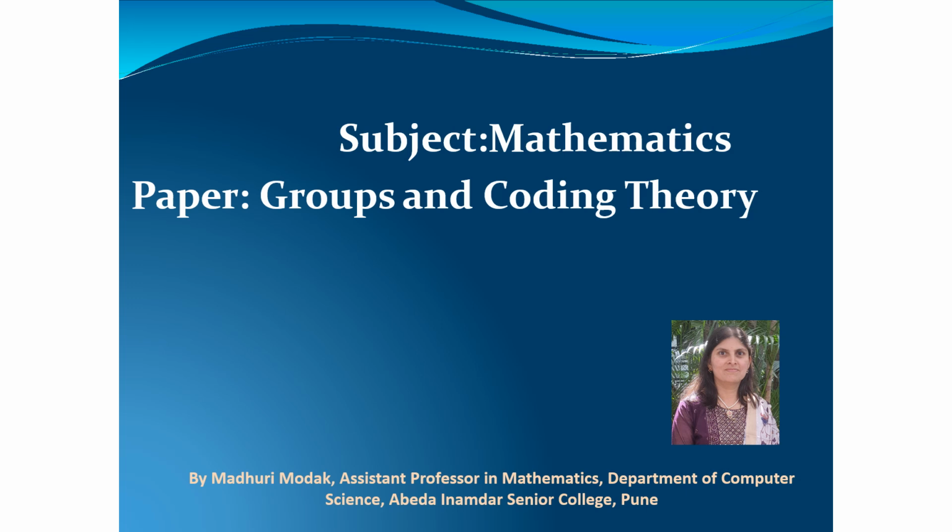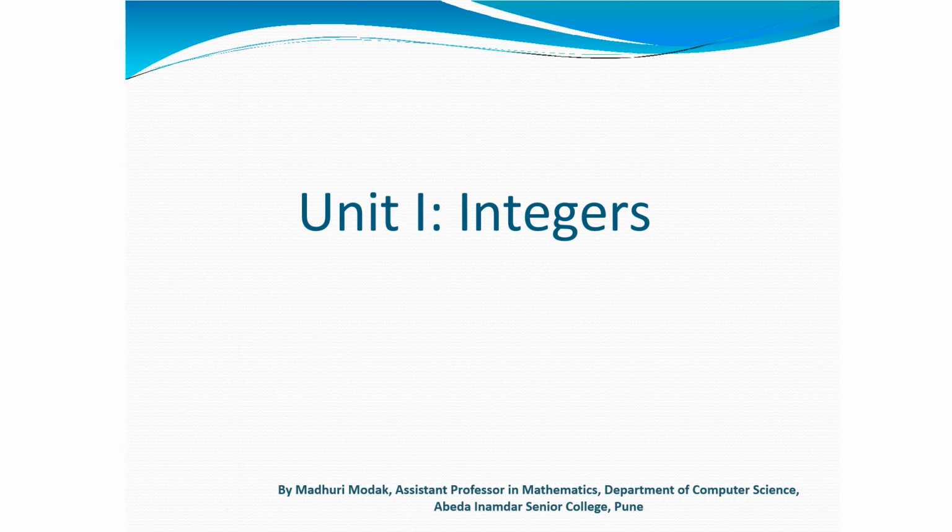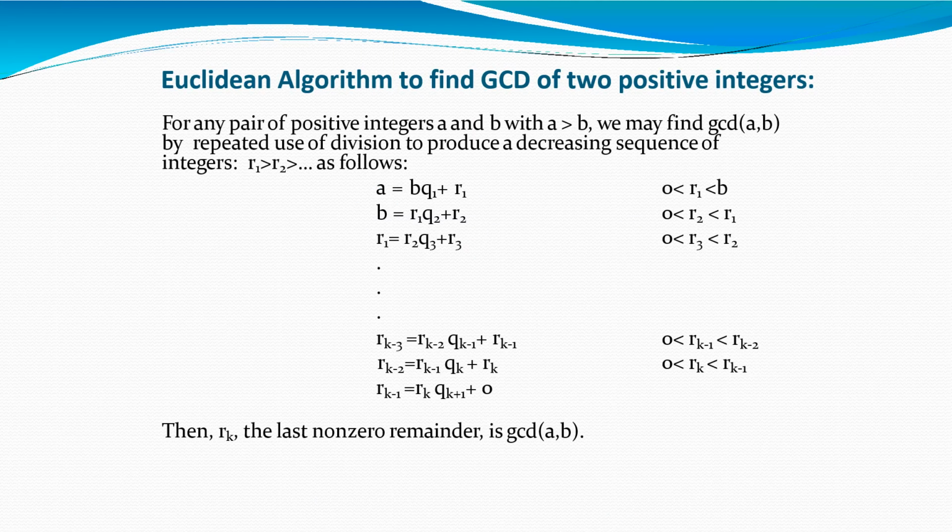In mathematics, groups and coding theory is a very important topic. So today we start with some topics from groups and coding theory. Now the first unit is integers. Now this is the algorithm that we have to study to find GCD of two positive integers, which is known